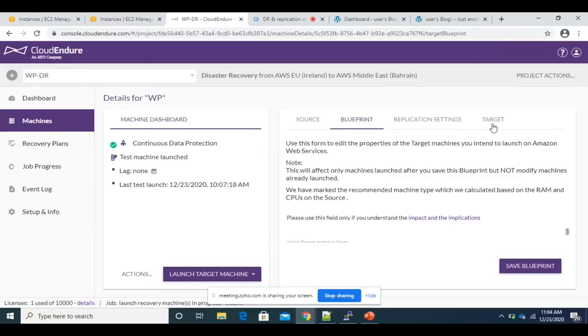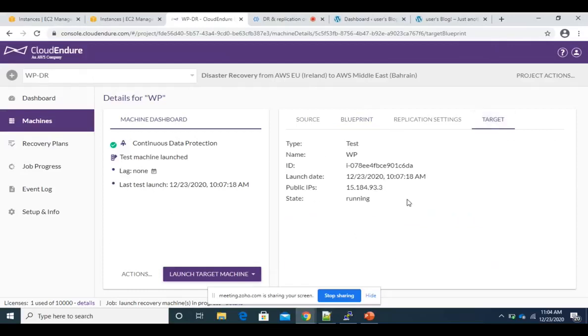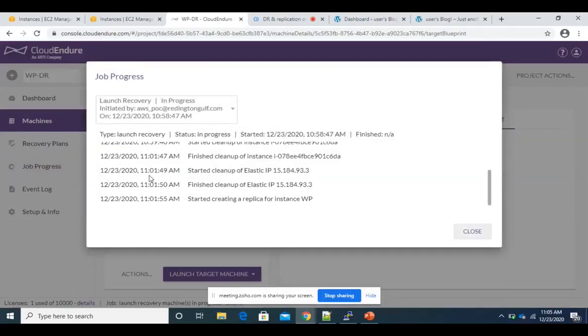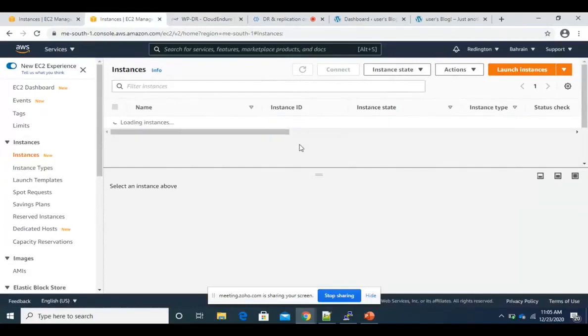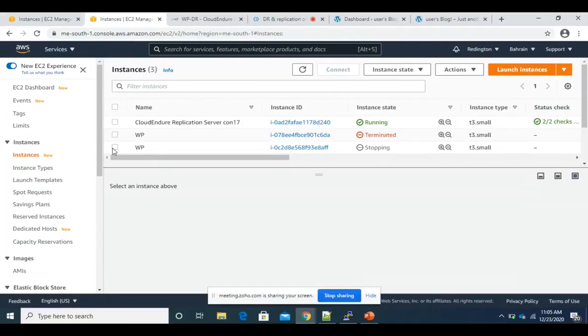And once the machine is launched, we can actually see it in the target. So this was for the test. Now we are doing the actual recovery. So once the job progress completes, we can see the output in the target section. Okay.